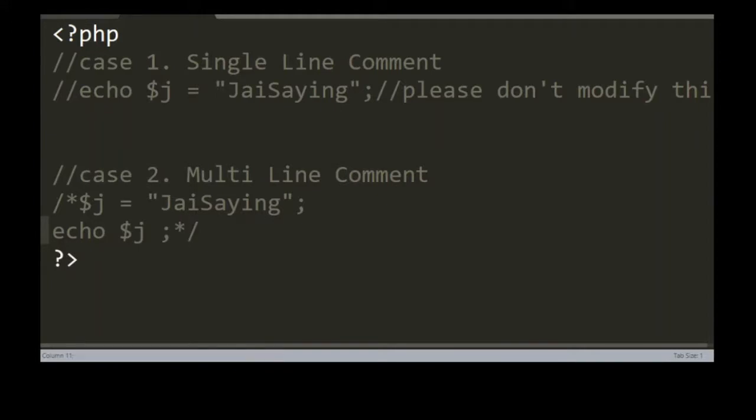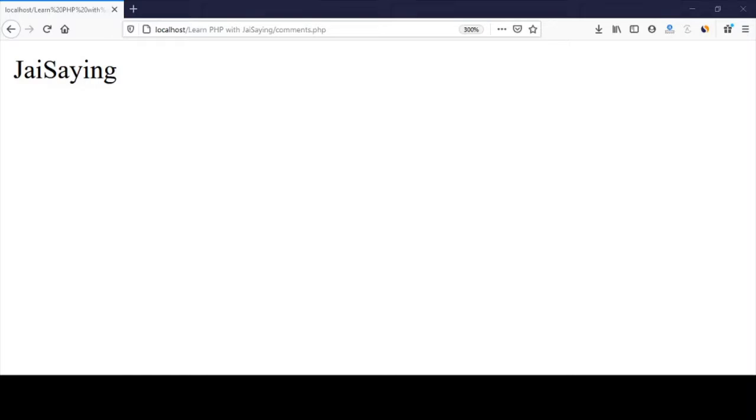Now I am going to execute, so you can understand what the multi-line comment is. Now I am going to execute, and this will not display.